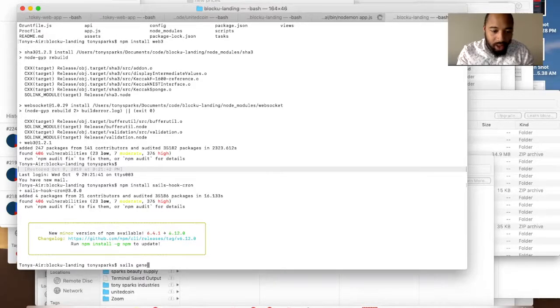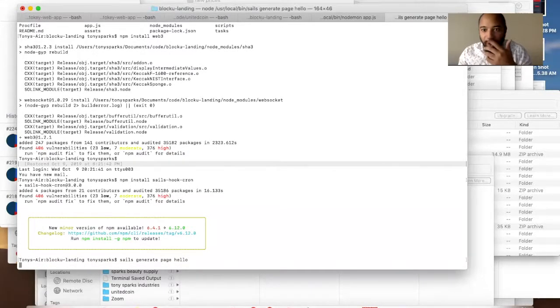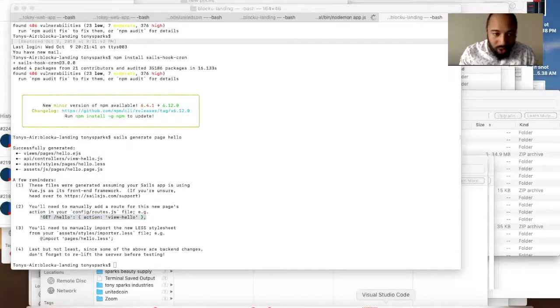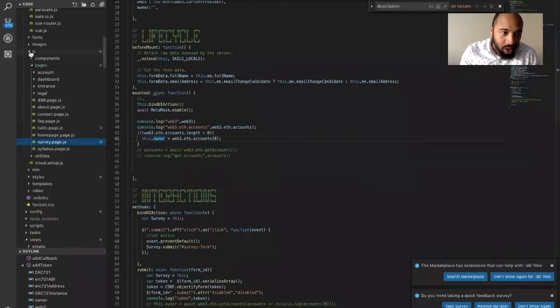And then we'll see what happens when I do this command. sails generate page hello, just for testing purposes. Boom. So it did that. It gives you these steps of how to enable this page. There's specifically 2 steps that really matter. One is you got to grab this routing information right here. You got to put that into the config